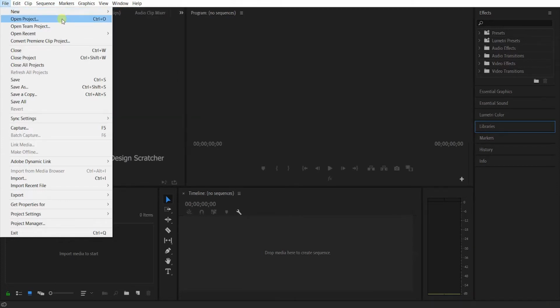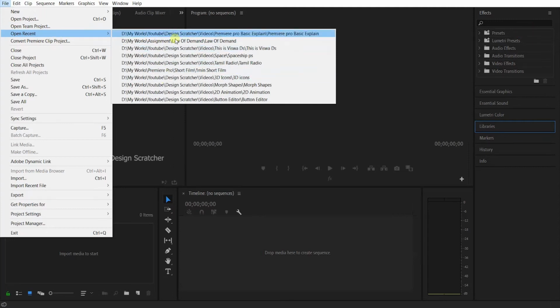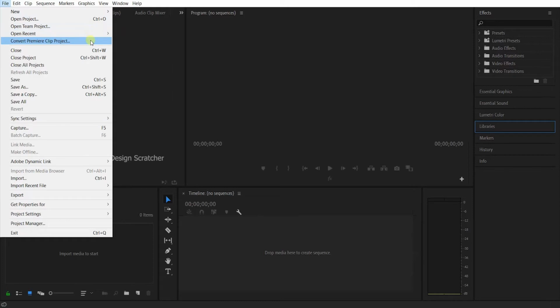Then open project, all of them know about that Premiere Pro everything. You can choosing for the design structure and using for the graphics designer you want, means everything know for that open project. Then open team project. This is already know. This is open project only; if you know about assistant, not important for open team project. So open recently. This is for the open recently project will be open. You can check, otherwise is not important for that. Convert to the premium clip project. This is for important but it's not important for now.